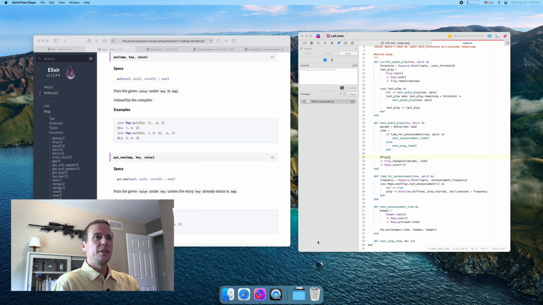So this time let's build out the songs table and schema and the next song item function, kind of like we did for bumpers. A lot of this will be very similar to what we already have for bumpers, so that should help it go a little quicker. And then if we get done with that,